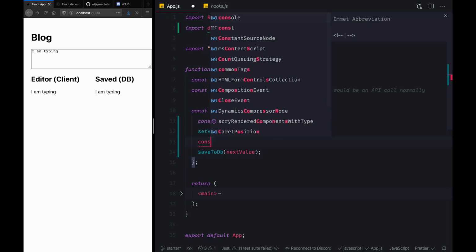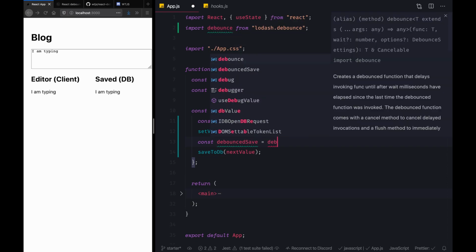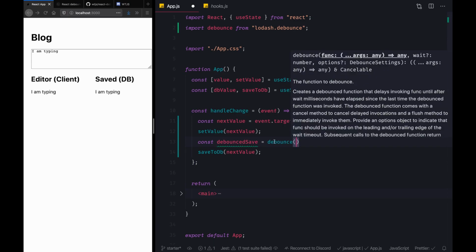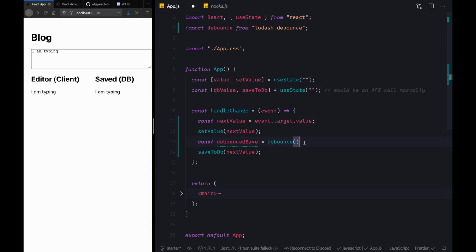So we can say that const debounceSave, which will be a function, and it would actually require us to pass a callback to this debounce, and the debounce from Lodash itself returns a function which is actually the debounce callback.